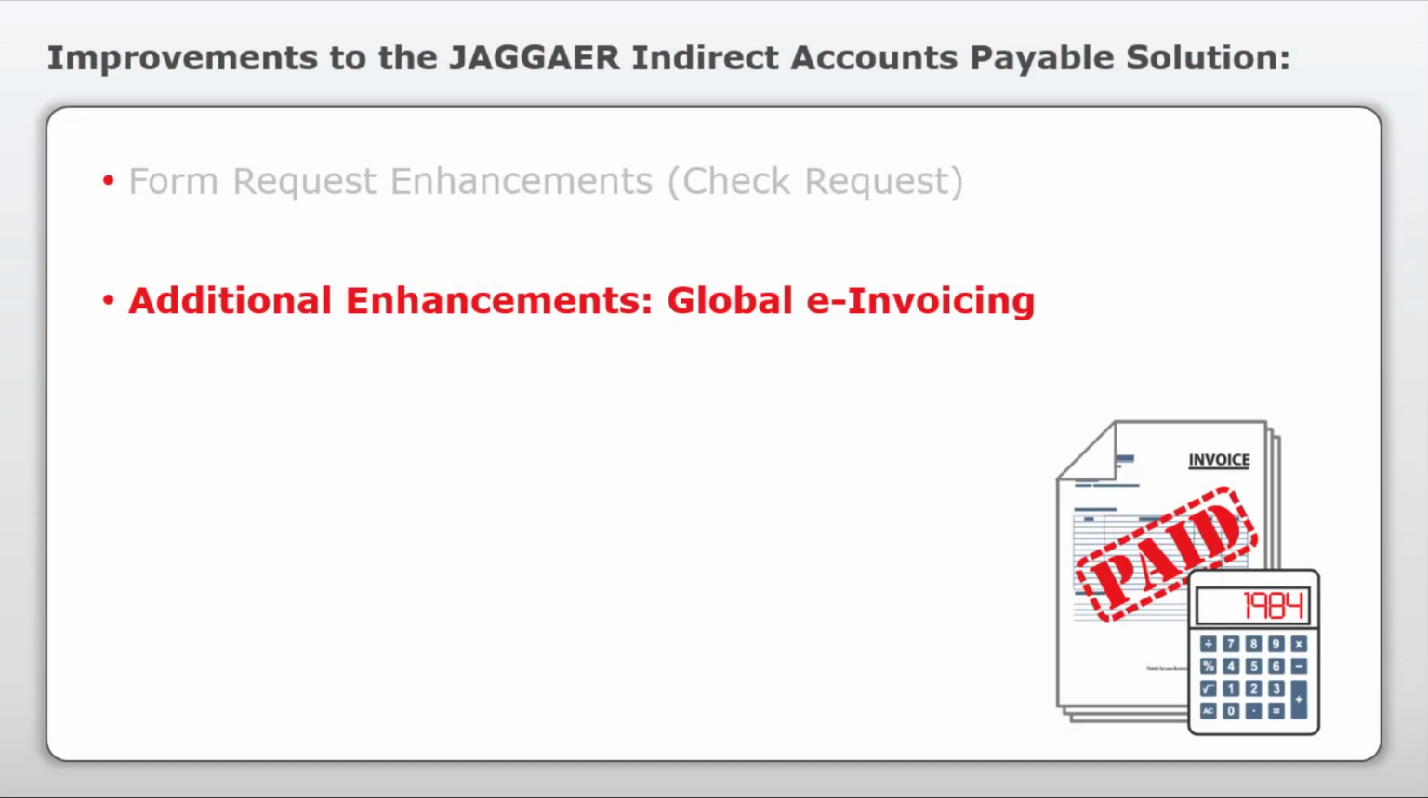Let's now move on to discuss an additional enhancement made to the accounts payable solution during the 19.1 release, and that's related to global e-invoicing. In the 19.1 release, we've introduced a new global e-invoicing feature to accounts payable. It's been created to help organizations configure their system so that it captures the data that's required to meet international requirements for electronic invoicing. Implementation of the global e-invoicing feature will require a new license and will affect many areas